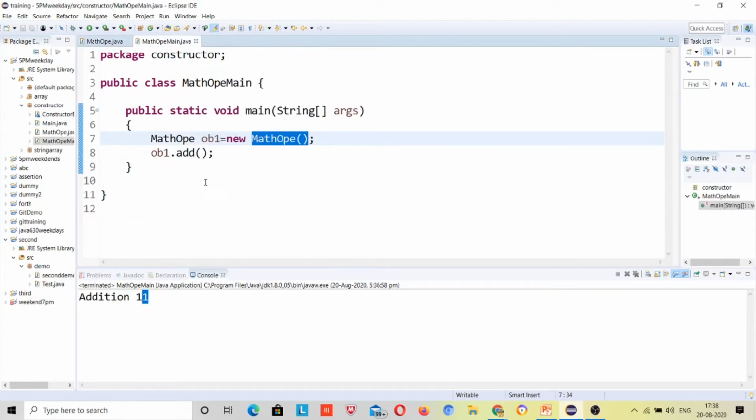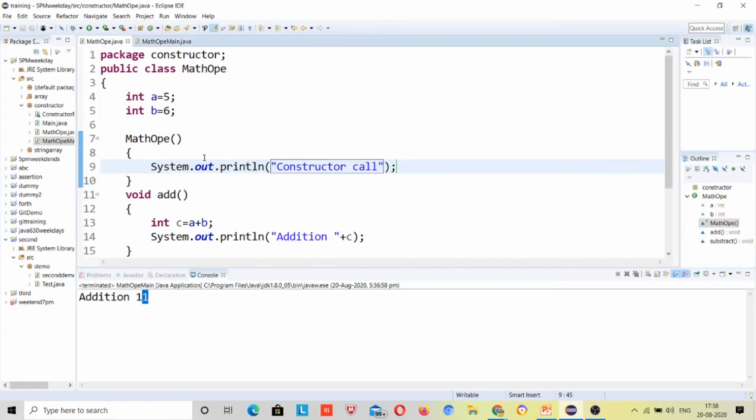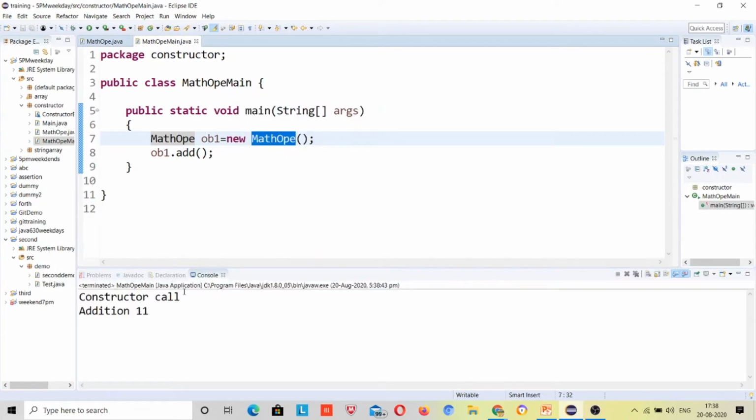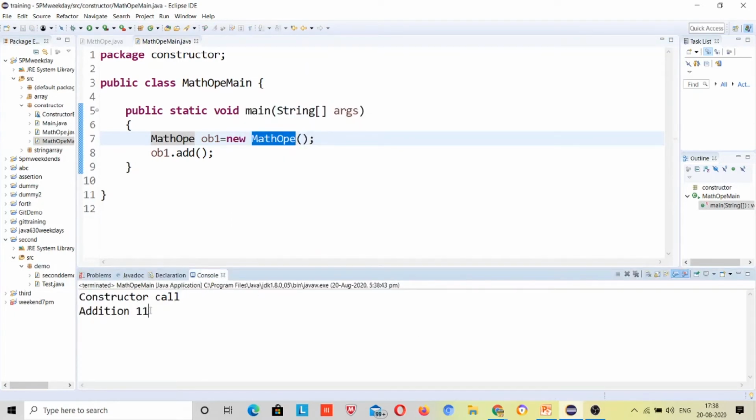Because the constructor was called first and then the method, the constructor output will be generated first and then the method's. Just right click and run. First the output will be constructor call, and second will be addition is 11, right? This is the advantage.